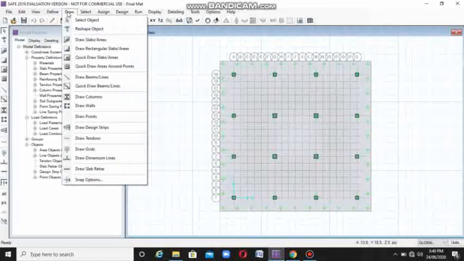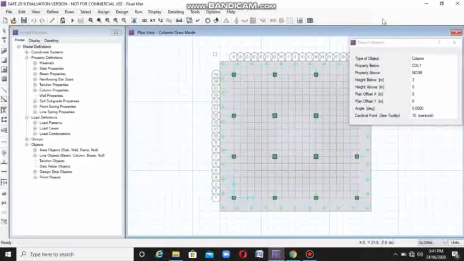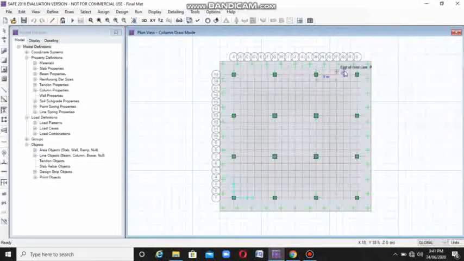Go to draw and select draw columns. So we draw the columns. All the outer edge columns are 500 mm by 500 mm and the inner 4 columns are 600 mm by 600 mm.